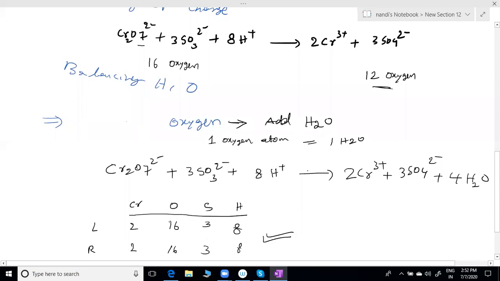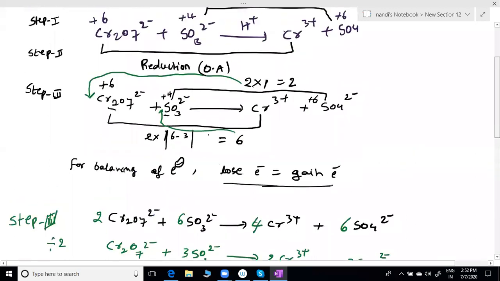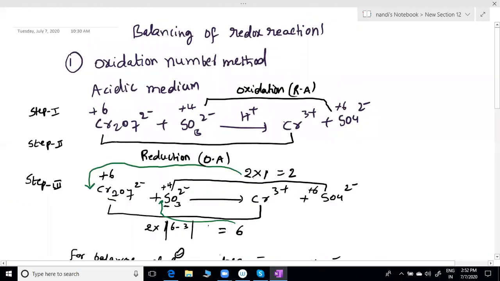So again I'm explaining, look into it step by step. Please keep each step in mind. Whether you are following the steps perfectly or not, there is nothing to worry about. First get how to balance, then you can write in your own terms whatever you are doing, because in the entrance exam no one will see the steps. Finally, whether you got the answer or not, that is what will be checked. Anyway, we have to do these questions within 1 or 2 minutes, we can't take too much time.